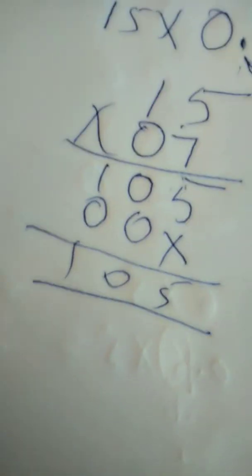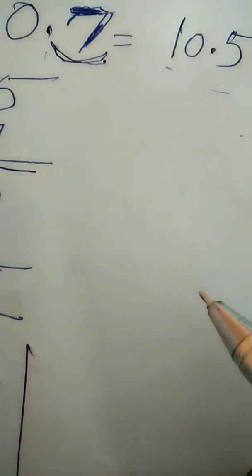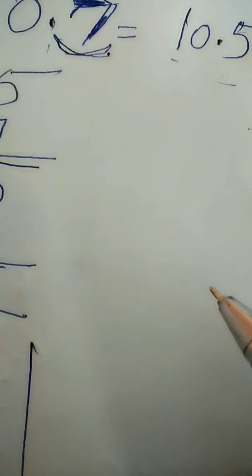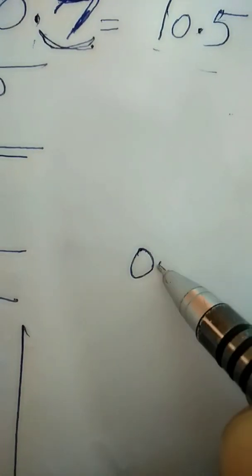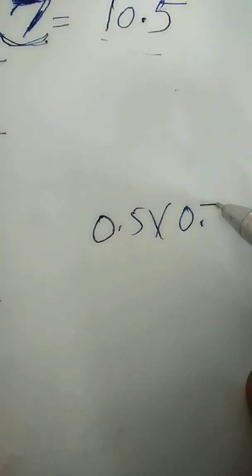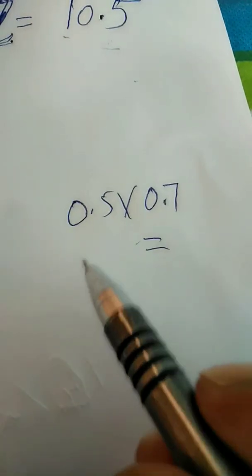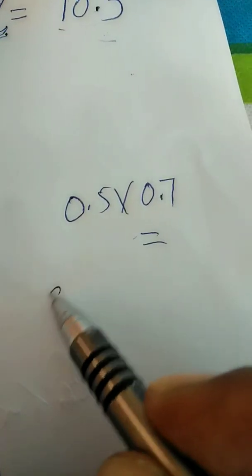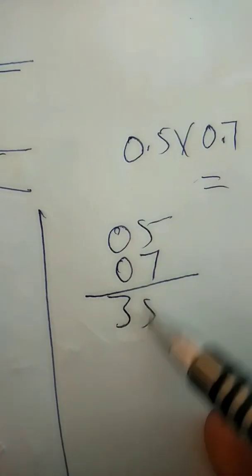Okay. Now what happens if both the multiplicand and multiplier are decimal numbers? Let us suppose 6.5 multiplied by 0.7. Both multiplicand and multiplier are decimal numbers. So again, nothing to worry about. It is quite easy. You will ignore the decimal. Without the decimal, you multiply it. What will be the answer? Right?